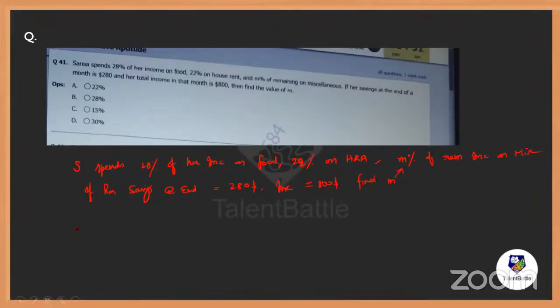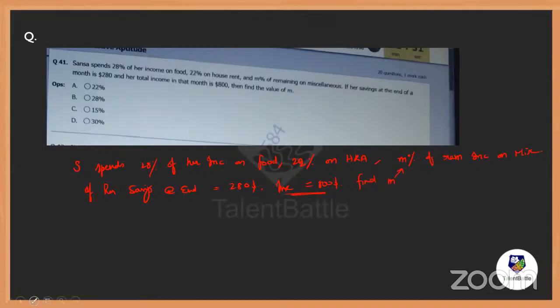Come on, everybody, quick. Is the question clear? I hope it is enough. So try to answer this, everybody, and tell me what's your answer. People, tell me one thing. Do you need to assume any value here? Is there any need to assume any value here? No, because the initial income is already given. So need not worry there.